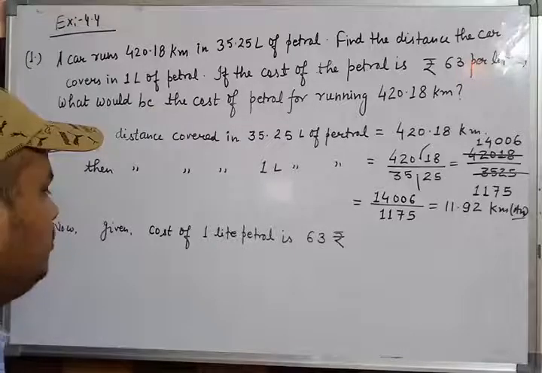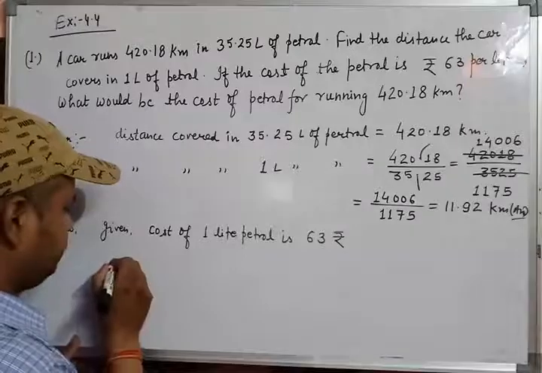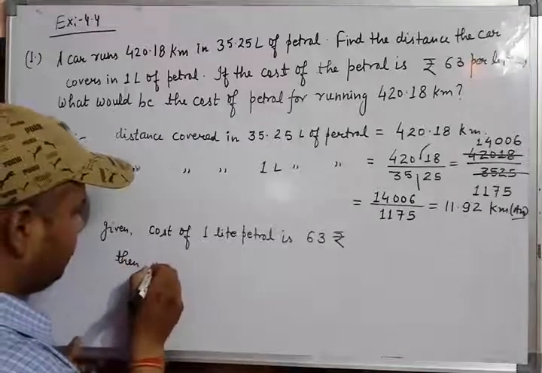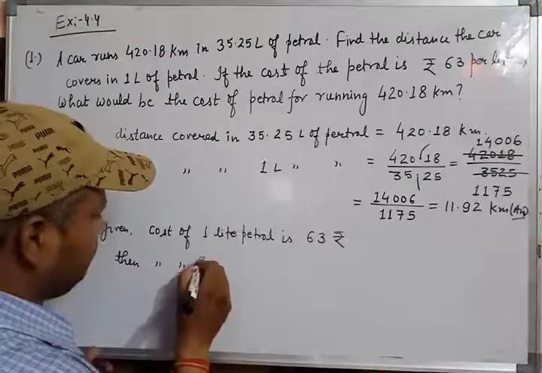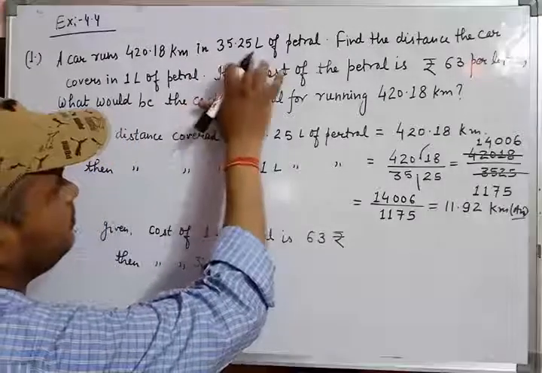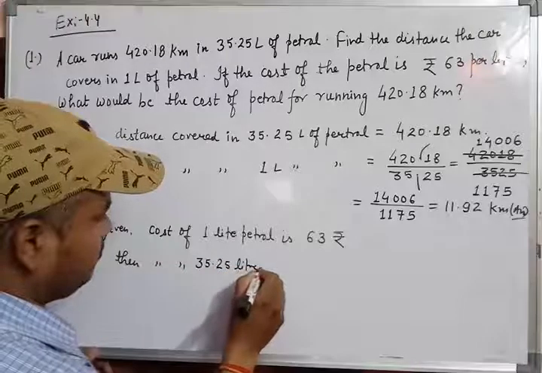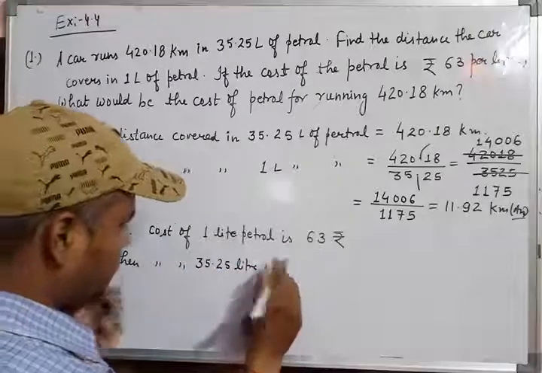Okay, so given cost of 1 liter petrol is 63 rupees, then cost of total quantity of petrol, 35.25 liter petrol, is equal to,